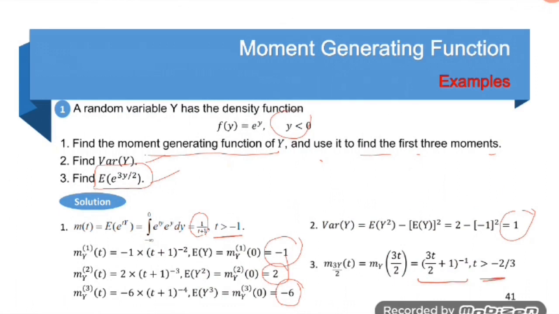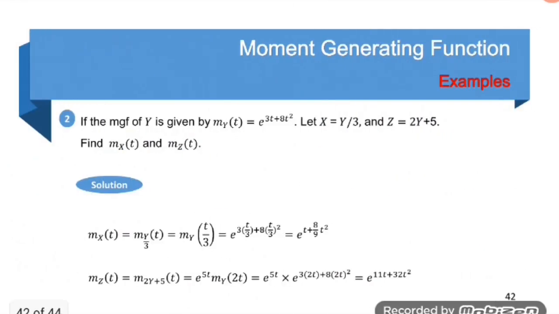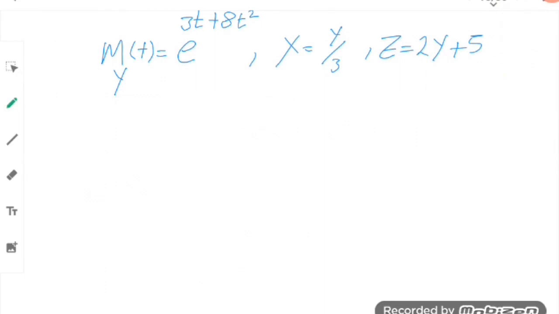And now we have the last exercise. Here we have a random variable Y that has a moment generating function defined by this formula, and we need to find from this moment generating function of Y two functions of the random variable Y: X equal Y divided by 3 and Z equal to Y plus 5. Here I write the question here. We have the moment generating function of Y and need to use it to find the moment for each X and Z. To find the moment of X, this means to find the moment of Y/3 of t,